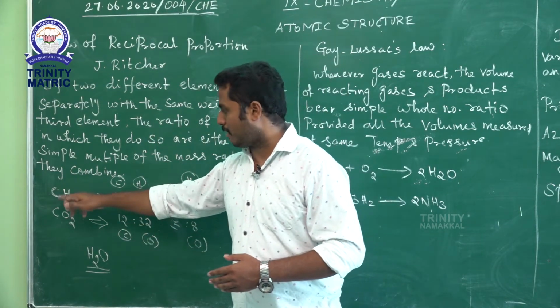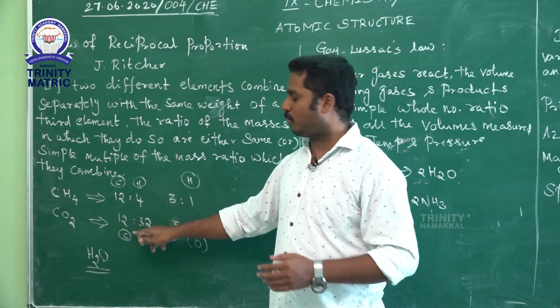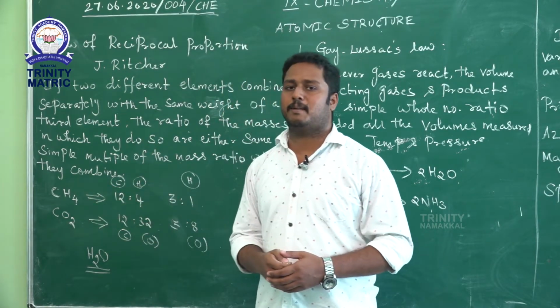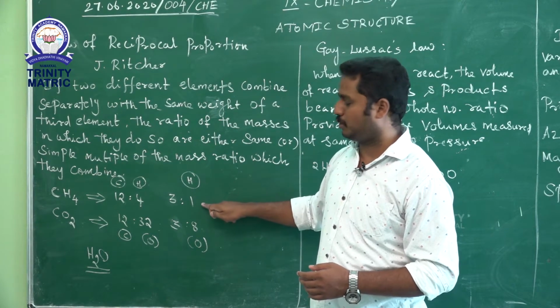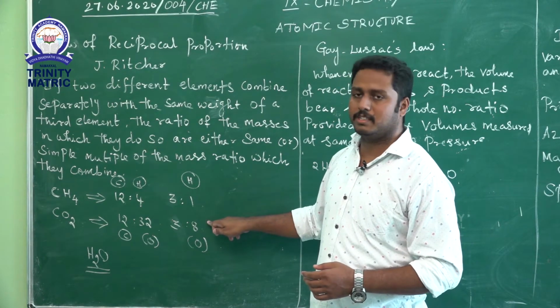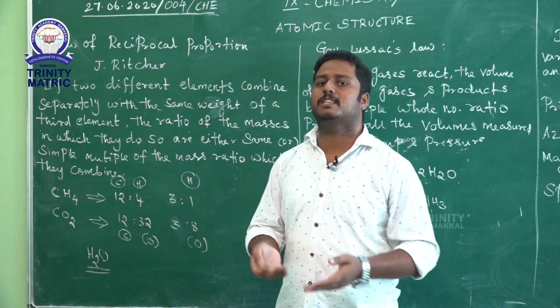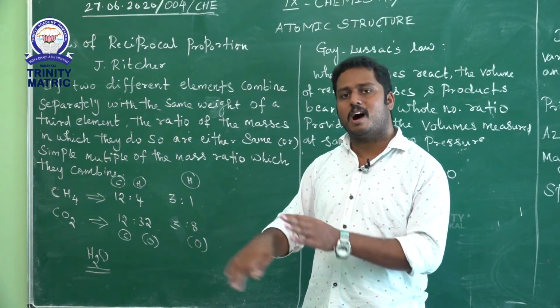Here the same third element is carbon, because in both cases carbon is present in equal mass. Now how the hydrogen and the oxygen combine means the same ratio, which means here the hydrogen ratio is 1, oxygen ratio is 8. Suppose hydrogen and oxygen combine with each other, it definitely combines in a 1:8 ratio, or otherwise the